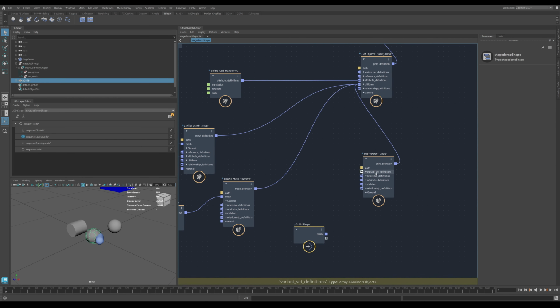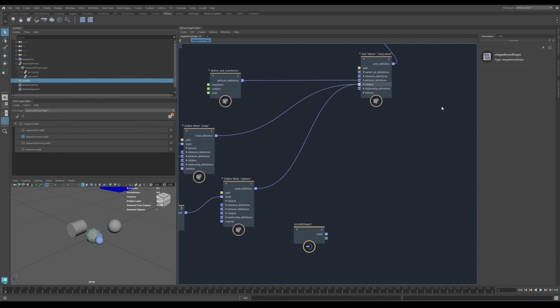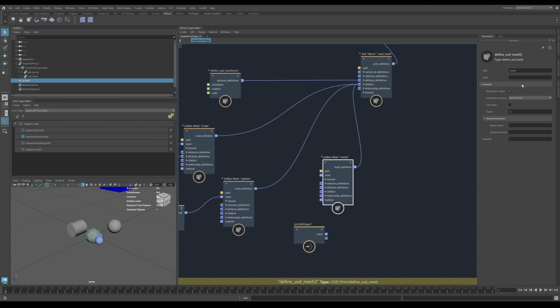No, so I've done that wrong. I don't want a Prim, I want a USD Mesh. It's already there, so that's that. Then up here I call it a ball, and then under the mesh I just take the output here and I plug it into here,